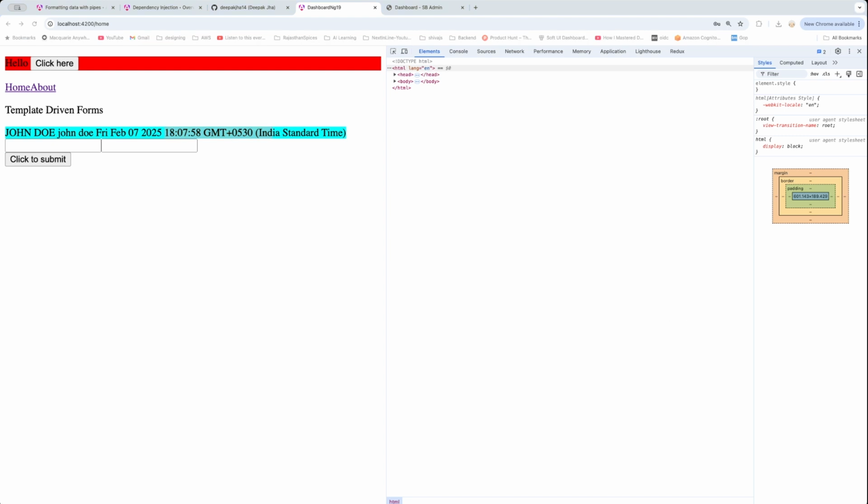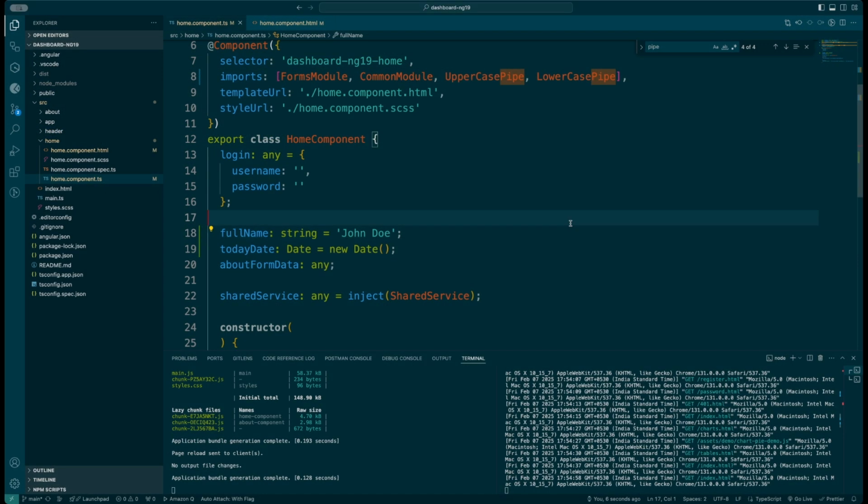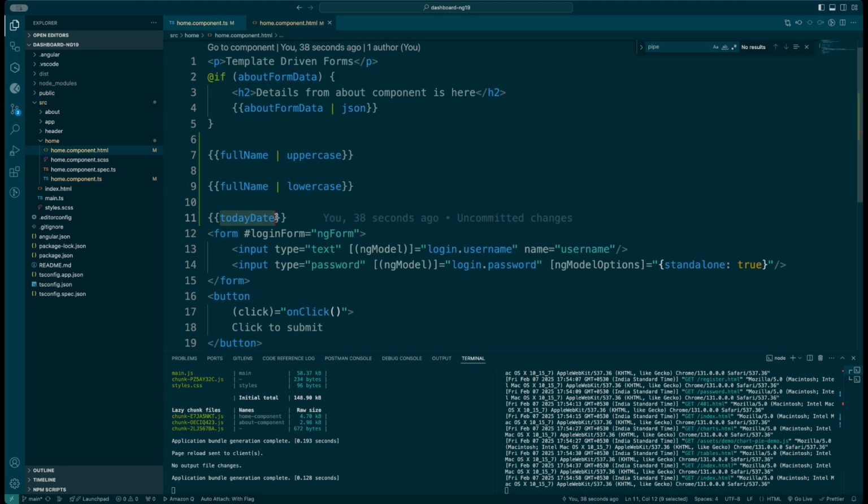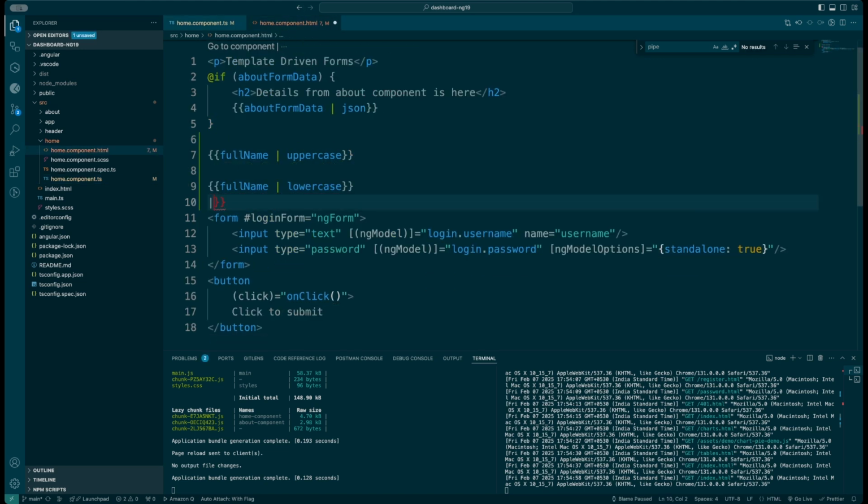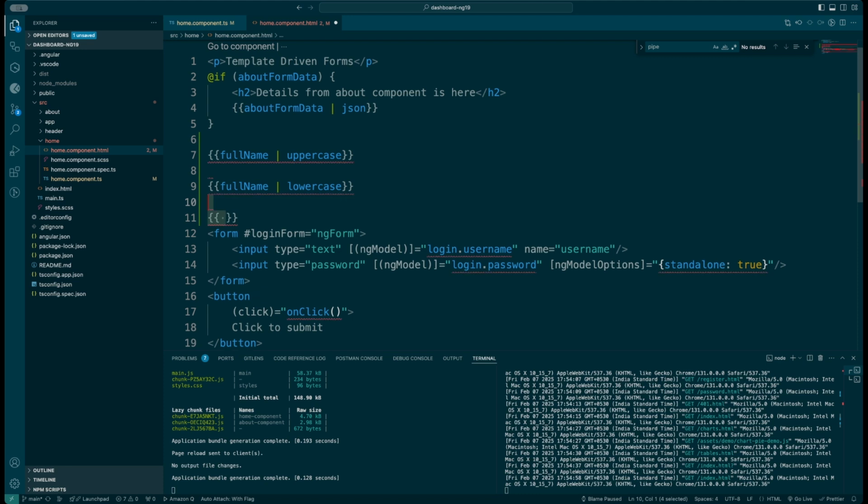And let's say I just want to display a date which is not that comprehensive. I just want to display the date. So there are a few pipes available which I can make use of. So what I'm going to do is I'll just display the medium date. In order to do this, I'm going to be using today's date, and then I'm going to be making use of a date pipe, and also medium,